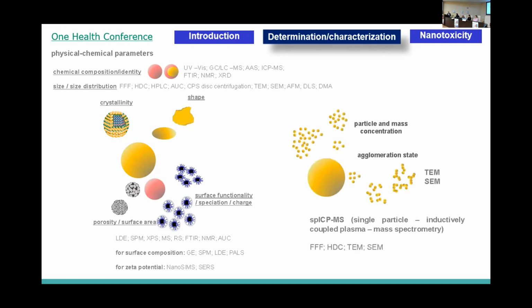Recently, there is a promising analytical technique, inductively coupled plasma mass spectrometry, working in the so-called single particle mode, or SP-ICP-MS. That is a quite useful analytical technique because we can obtain at the same time the composition, the nature of the nanoparticle, and the number of nanoparticles. Also, we can obtain the nanoparticle size distribution and the fraction of metal that is in solution, the dissolved metal fraction. So it's quite useful for this type of studies.